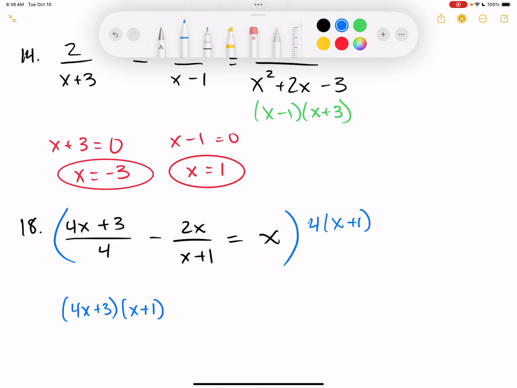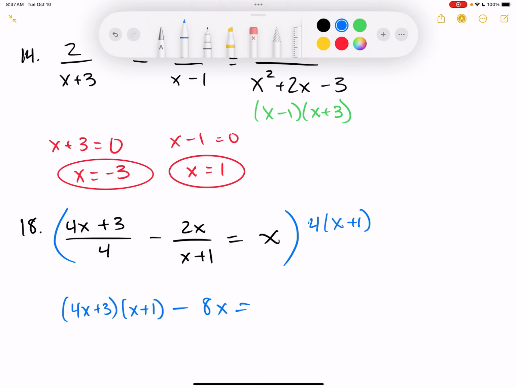Then I have minus. Now for the second piece, I've got 2x over x plus 1 times 4 times x plus 1. The x plus 1 is in the top and the bottom, so that goes away. So I would be left with 8x, so minus 8x is equal to,